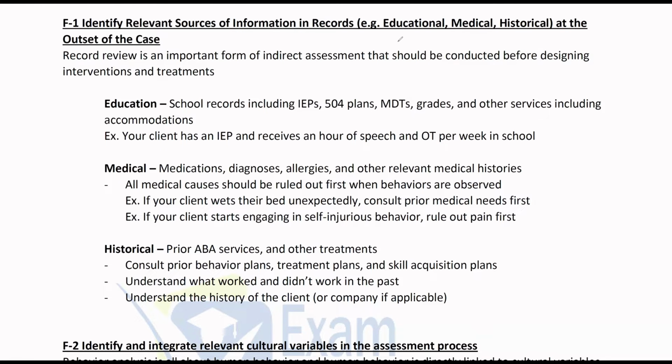So there should be, or there typically is going to be, some sort of historical record, and at the very least, some sort of medical record. Now, you're not going to be making decisions based on records alone because these are indirect assessments, right? And we don't want to make decisions exclusively on indirect assessments, but they're going to give you good background about the client. So when we think about educational records, we think about IEPs, individual education plans, 504 plans, MDTs, grades,